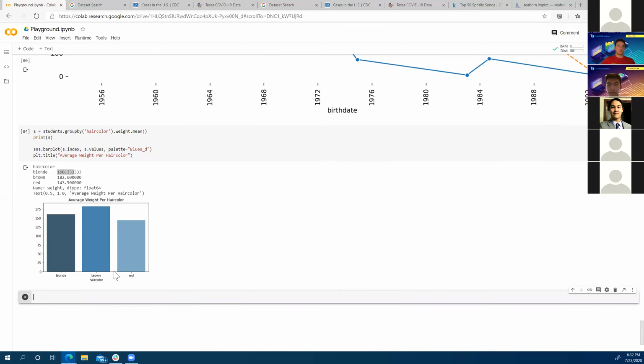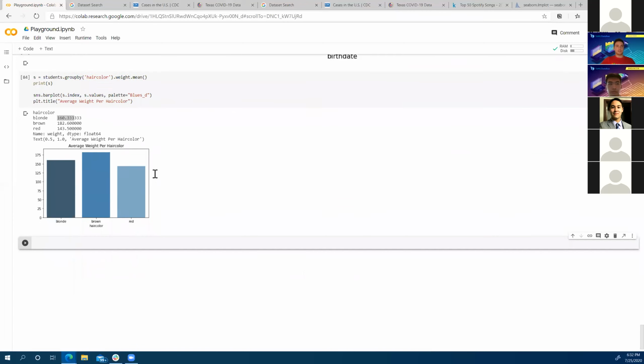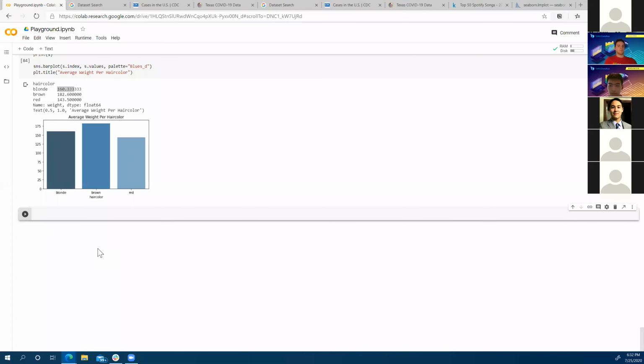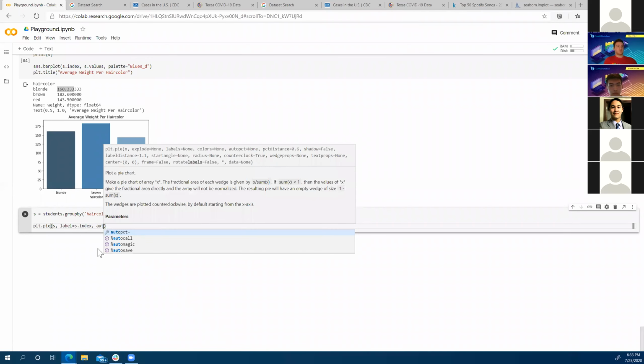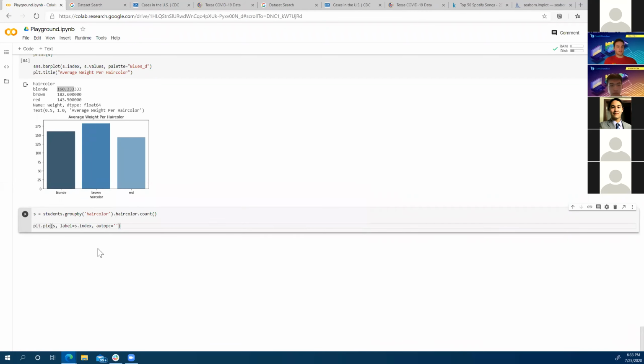All right, so we looked at a bar plot, we've looked at line plots, we've looked at styling. Now let's look at a pie plot. So I'm gonna do the same trick. I'm gonna say students dot group by. And instead of grabbing the weight column when you've associated all these rows together, I'm just gonna grab hair color itself and then grab their count. So the number of rows for each of these groups. I'm gonna say plot.pie. And a bunch of fancy stuff.